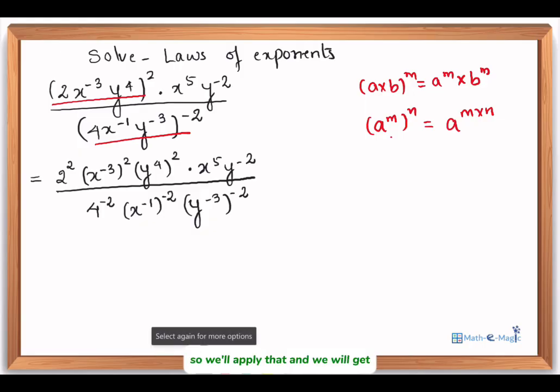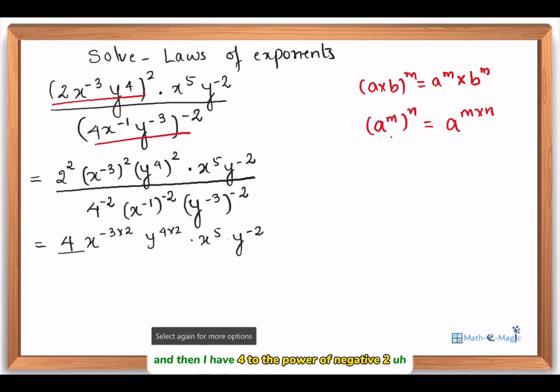So we'll apply that and we will get 2 to the power of 2, or 2 squared, is 4, x to the power of negative 3 times 2. So we'll multiply. So we can write it down once again. So it will be negative 3 times 2. This will be y to the power of 4 times 2. I once again write my x to the power of 5 and y to the power of negative 2 as it is, and then I have 4 to the power of